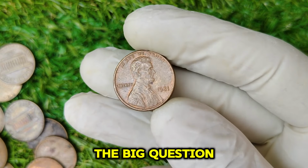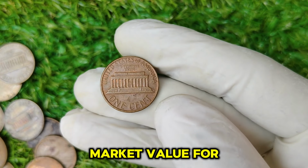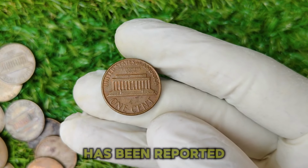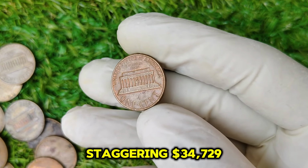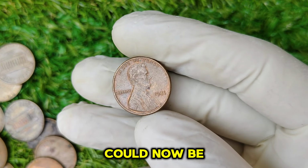So, here comes the big question. How much is it really worth today? Well, the current market value for a high-quality, mint-condition 1981 no mint mark Lincoln cent has been reported to be a staggering $34,729. That's right, a coin that was once worth a single cent could now be the price of a luxury